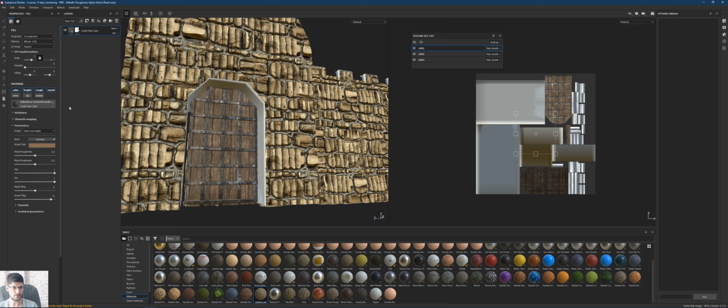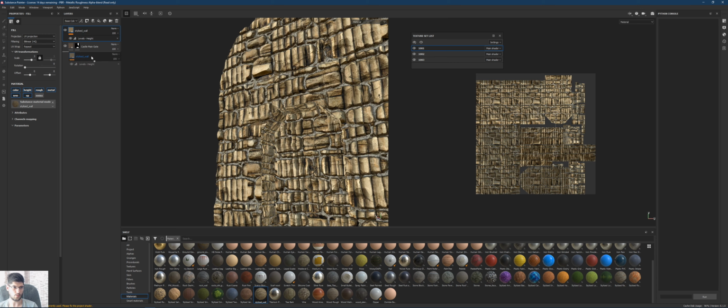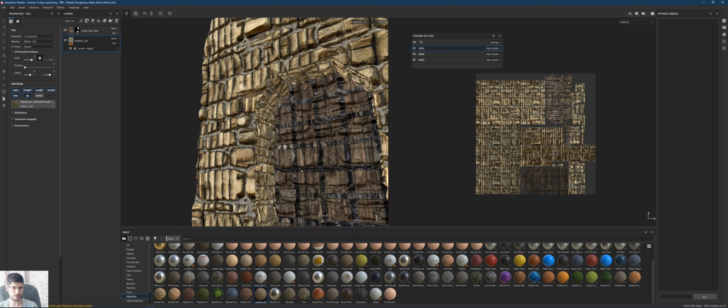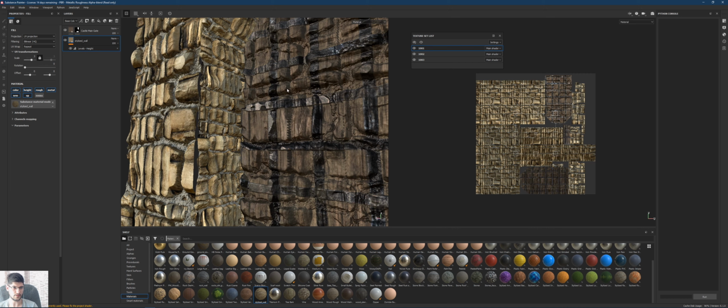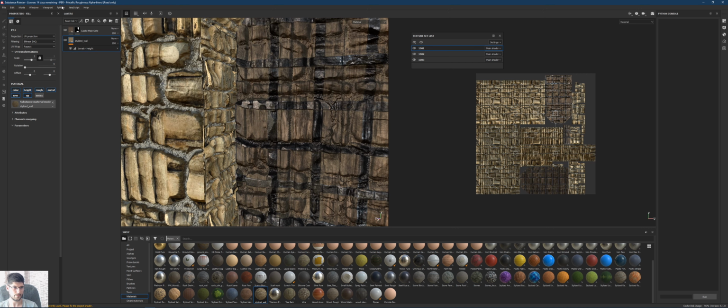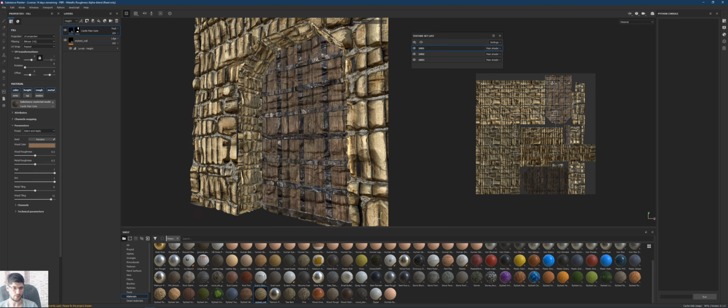I've just gone to my door texture set as well to drop this in. And one problem that you can see here straight away is that the height information of the stylized wall is showing through the door. In order to fix that, we click the texture of the door, we change this to a height, and then we change this option here to replace,